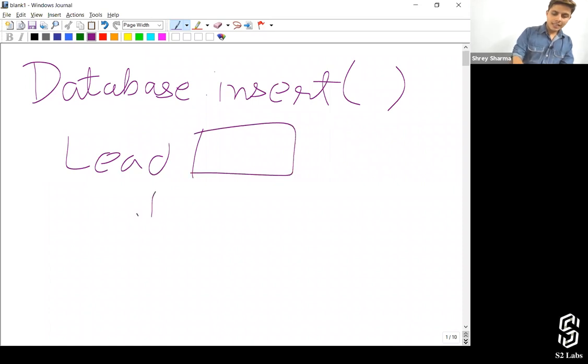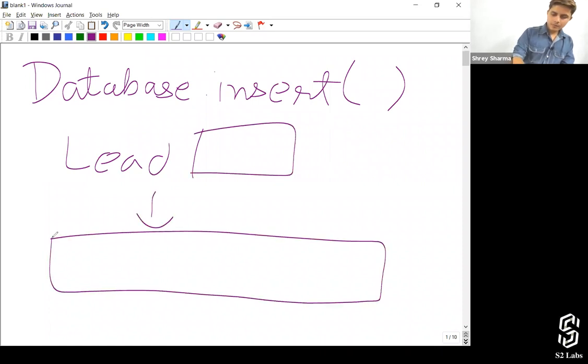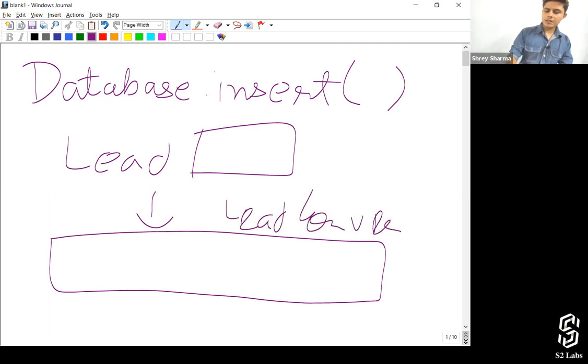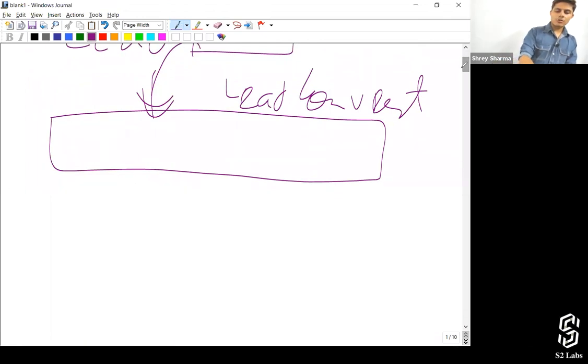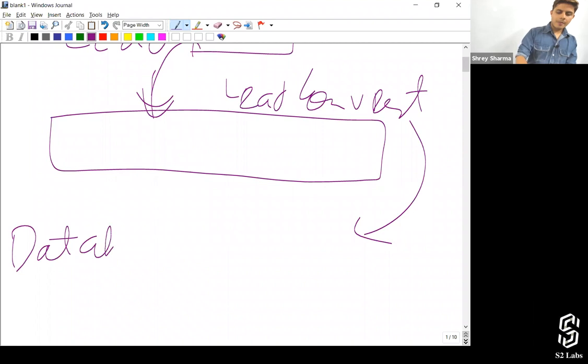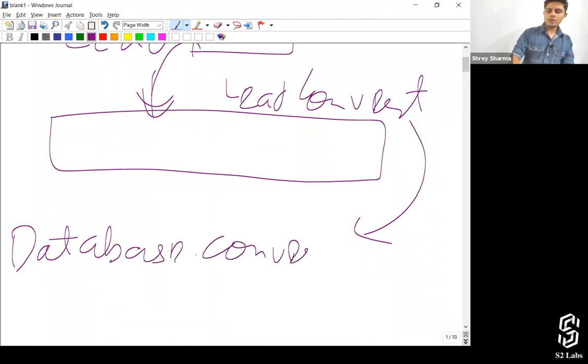Put it inside a LeadConvert class object, and on this LeadConvert class object, execute the method Database.convertLead.